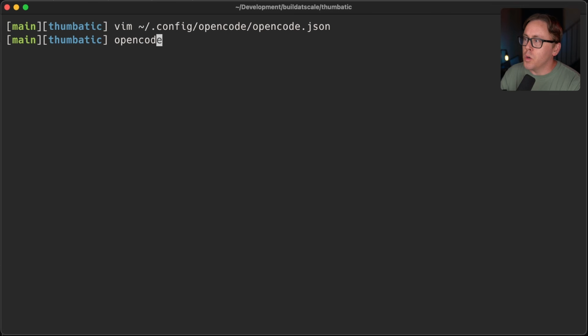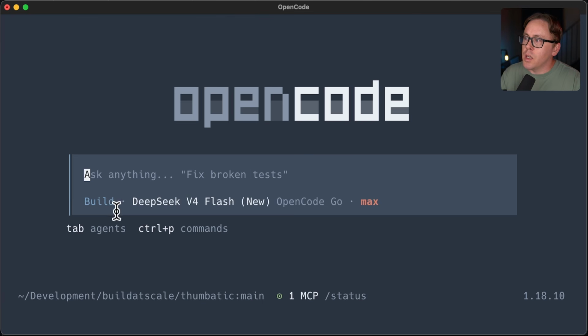Then I'll open up OpenCode, and now you can see my build agent is DeepSeek V4 Flash. And then if I switch to plan mode, I've got DeepSeek V4 Pro. So I'm going to go ahead and make a plan with the Pro model and then have the Flash model execute. We're inside of a custom built YouTube thumbnail generator app, and I need to make some changes before open